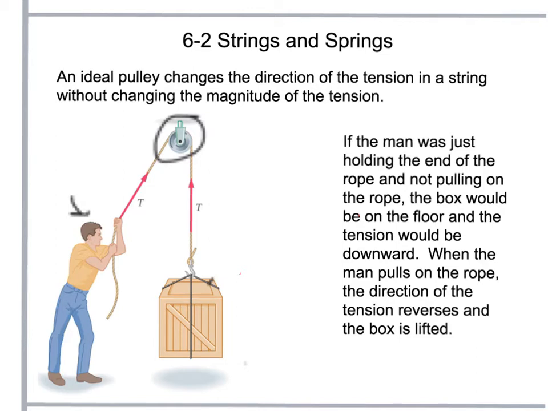And if it were rough, you could put oil on it or something like that to make it more like an ideal or perfect pulley. So the ideal pulley changes the direction of the tension in the string without actually changing the magnitude of the tension. So what that means is, if we get back to having this crate here on the ground,